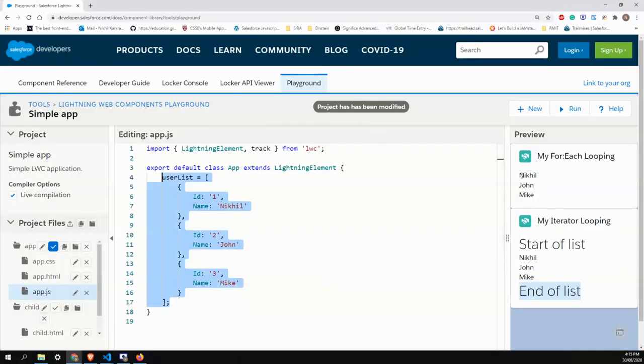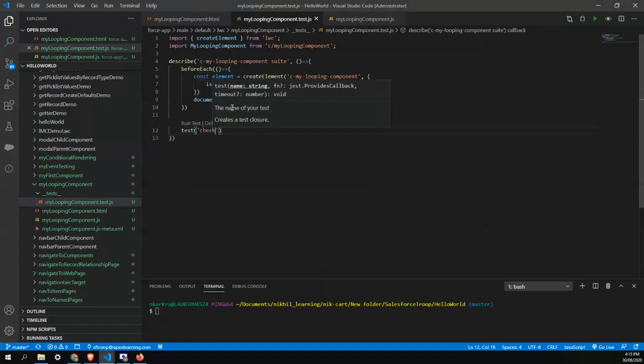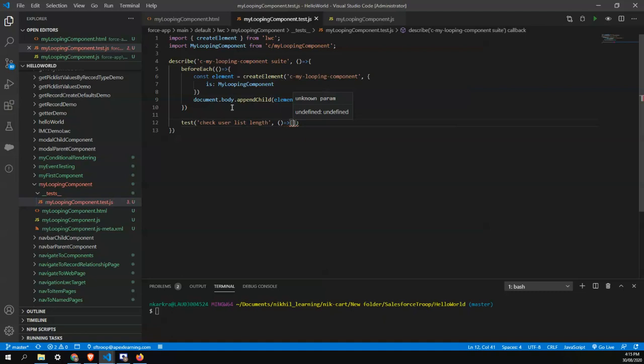In the loop we can test, we know that 3 list items are coming, so we can test the length, whether it's rendering 3 times or not. To test that, we'll go and create our first test case. We'll say test, check user list length, that is my test name. And what it's gonna test,